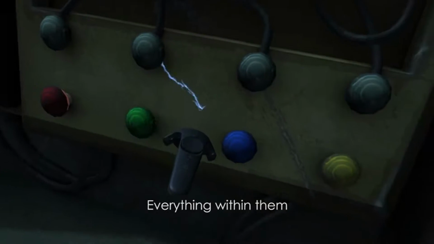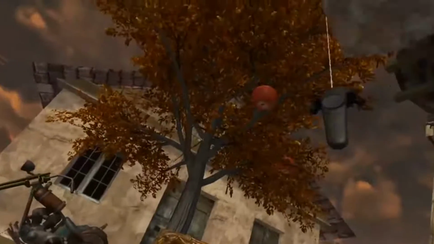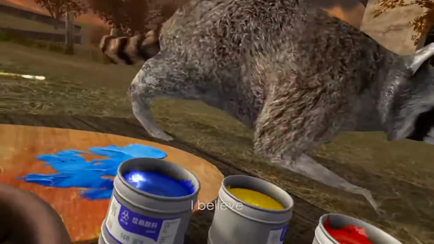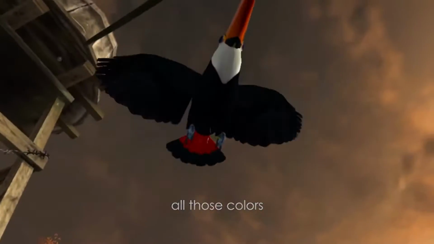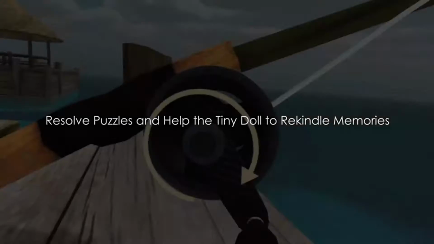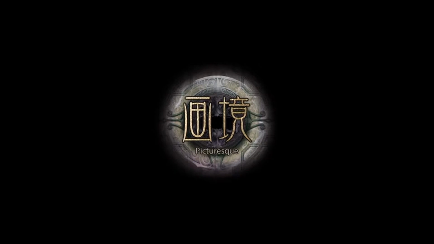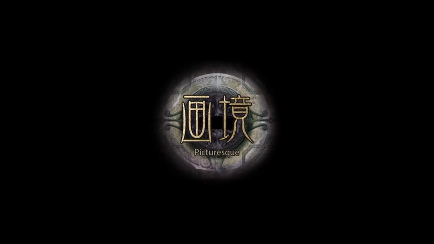Everything within them might trigger some emotion which was left to die in oblivion. I believe all those colors need to be rekindled. There might be some magic